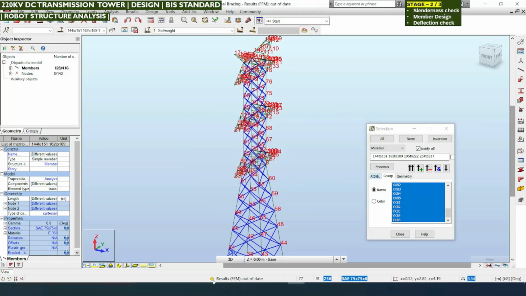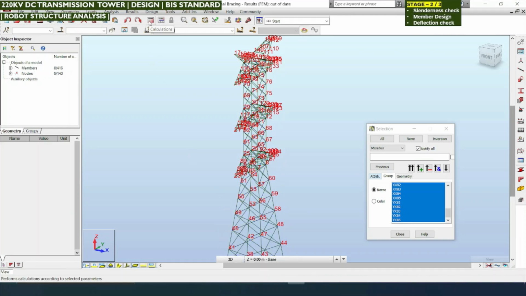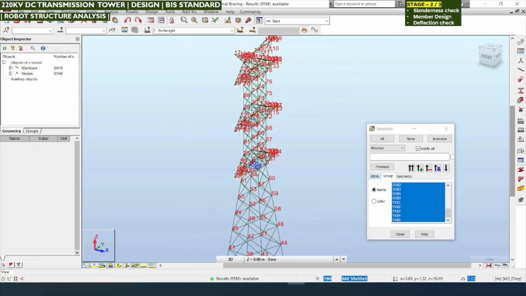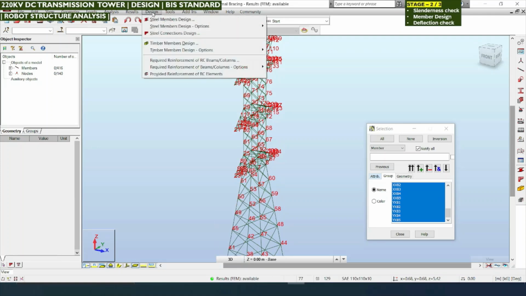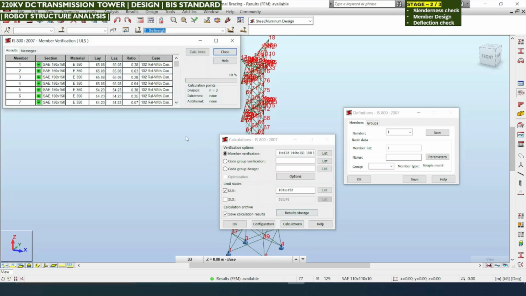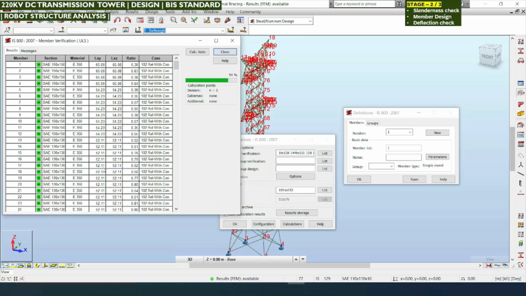Here you can see the results. Again we need to run the calculations. Now the calculation has been done, and you can see the green color showing that FEM is available. Go to design, steel members. Now again click calculations. The calculation is performing. These are the members; again the same message is coming. These members are stating OK or pass, and here you can see the yellow color